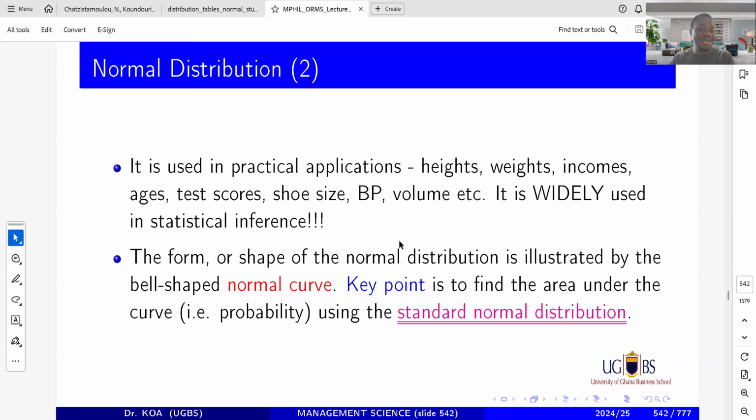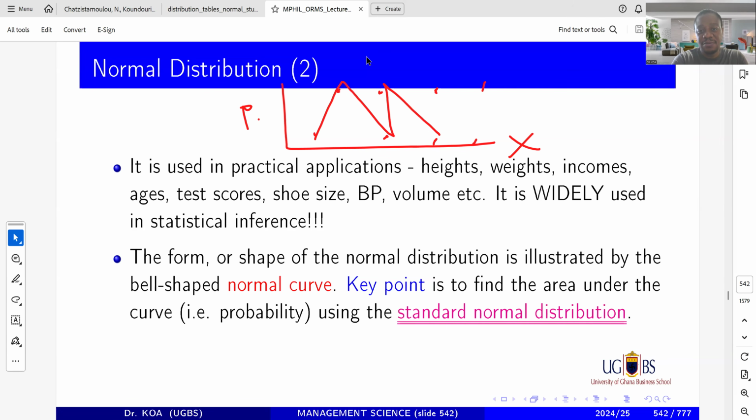Now, how does it look? If you remember anything that is binomially distributed, it looks something like this. If you have the distribution, the probability density function is here. And you have the binomially distributed bars, you have 0, you have 1, and so on. If I were to throw a line across them, the line goes up to the hit, comes down, up to the hit, comes down. It goes to the same level, okay? The top and down, that is binomial.